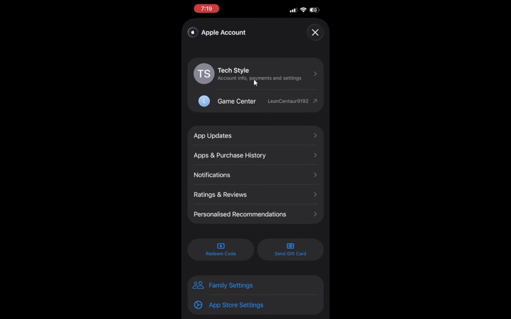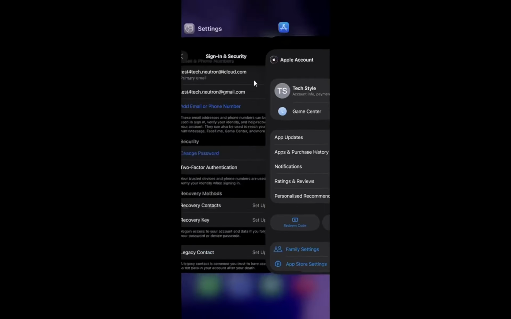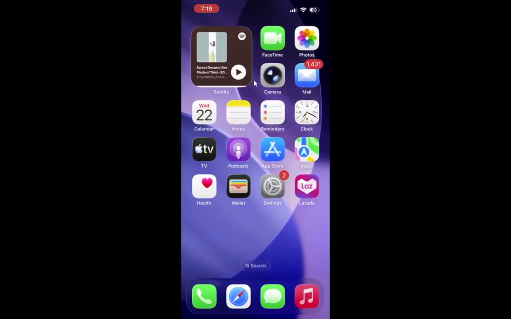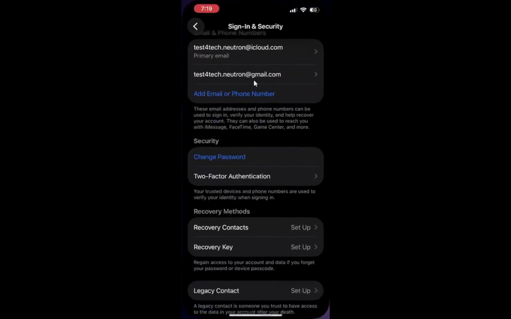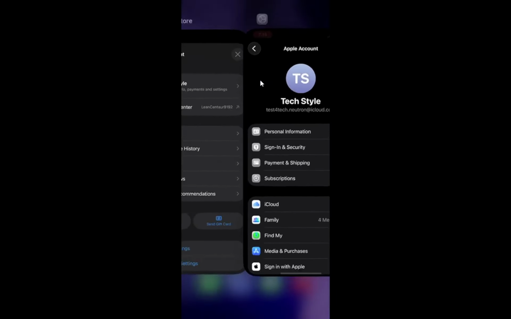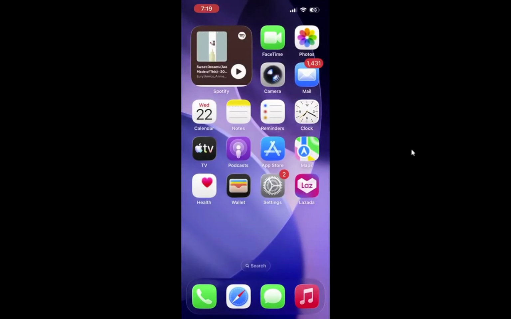Another place to check is in FaceTime or Messages. Open either app, then navigate to the account settings. In these settings, you will also find your Apple ID email. This is especially handy if you use these applications frequently for communication. Having access to your Apple ID in messaging apps ensures seamless connectivity with your friends and family.